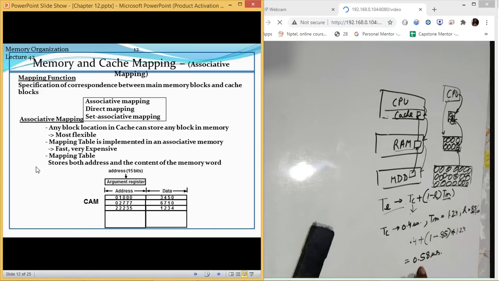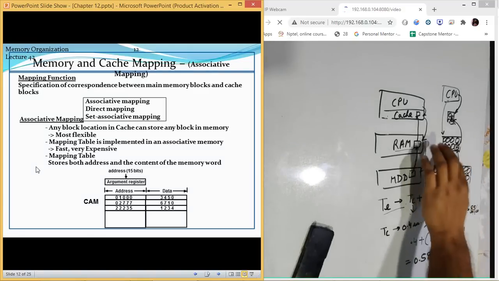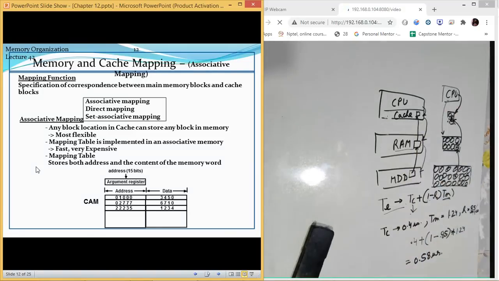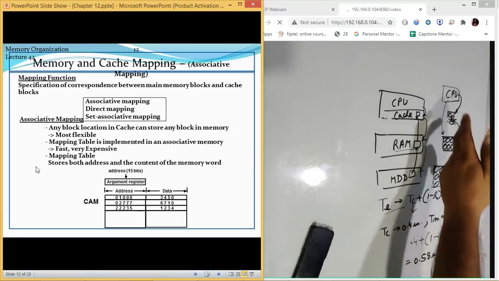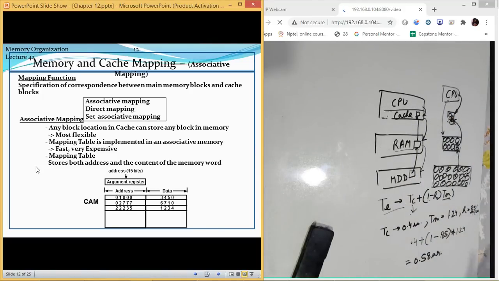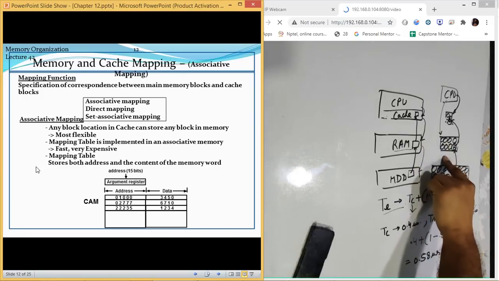Now, the next thing which we have, let us talk about the different cache mapping schemes. Now, why do we need these cache mapping schemes? We have just said that we have to move some data from hard disk drive to RAM or from RAM to cache. It is fine. We are going to move the data. But how are we going to know which data we should shift? And if we have shifted some data from RAM to cache, where is it stored? Because we need to update that data inside the RAM as well.